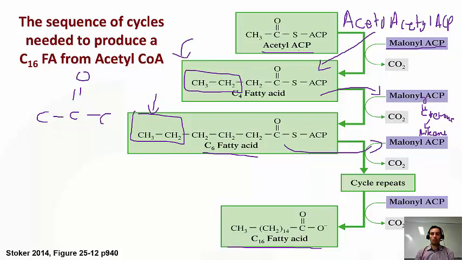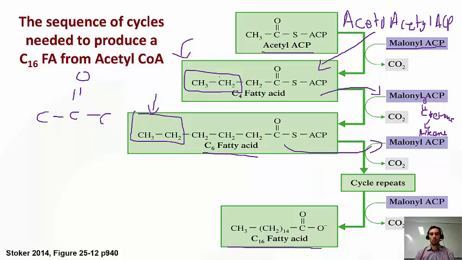So basically we need our inputs as the acetyl ACP and also the malonyl ACP, which will combine together to form this acetyl ACP, which can be modified to our 4-carbon compound, which contains these additional 2 carbons that contain